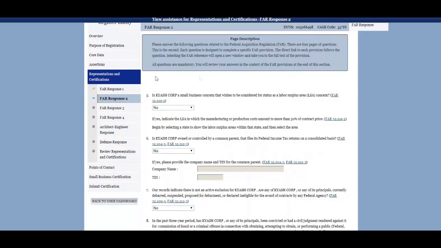this section. What's happening here, folks, is with each proposal, in the past, you had to sort of check off these representations and certifications with each bid you submitted. What SAM basically does is have you do it once, and then when you bid to the government, you can say, hey, all this stuff is in SAM. Everything, all